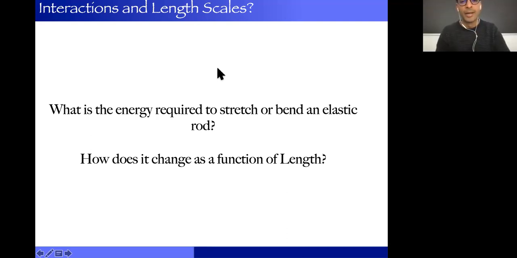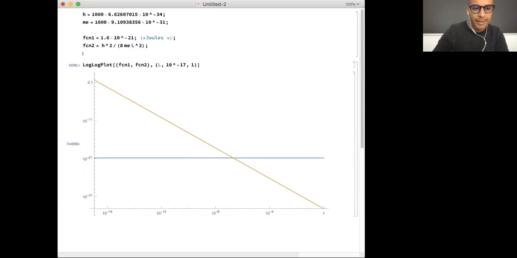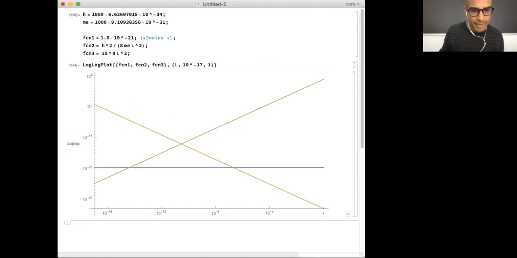Okay, fantastic. So now let's go back to my thingy here. FCN3, well, for what should I use? Well, I'm going to use the typical order of magnitude Young's modulus, like 10 to the 8th for a typical material. But anyway, it won't change the message of what this is going to be. So FCN3. Okay. So